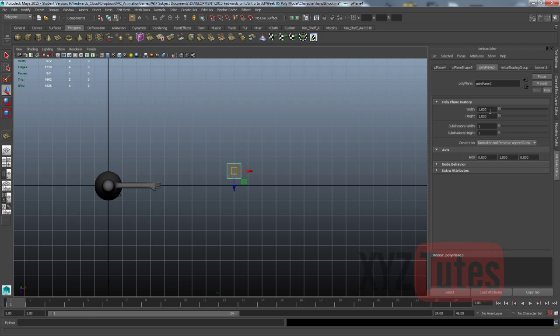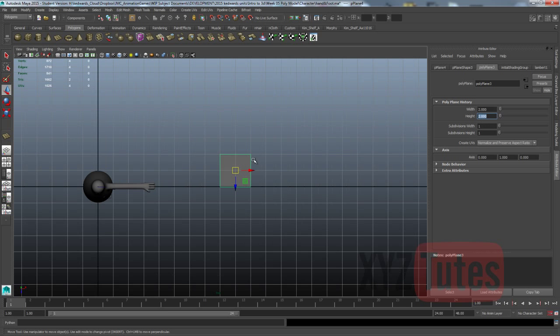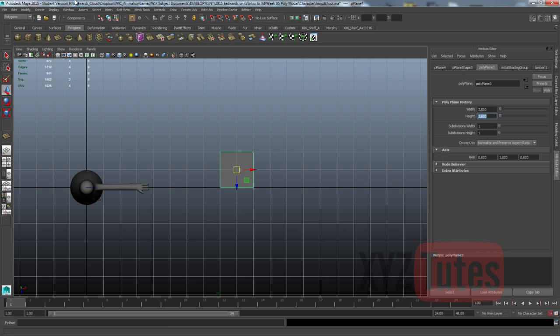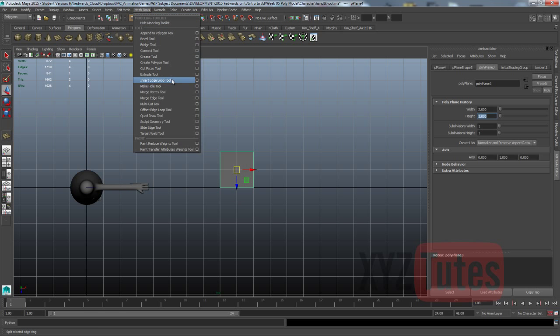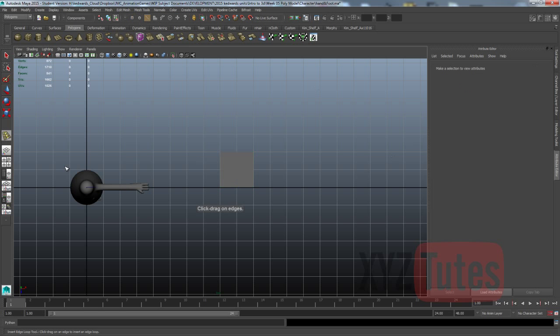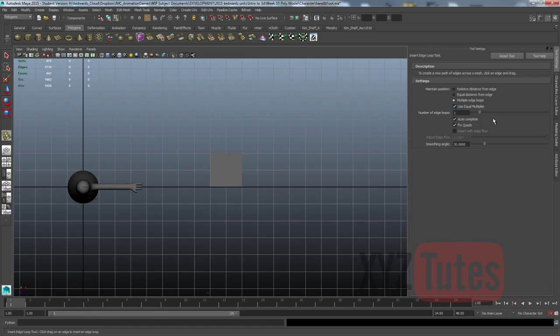Alright, just make it 2 by 2 so it conforms with the grid. And then I want to put some loops in. So we will go to Insert Edge Loop tool, and I'm going to go 3, 2 that way, 2 that way,